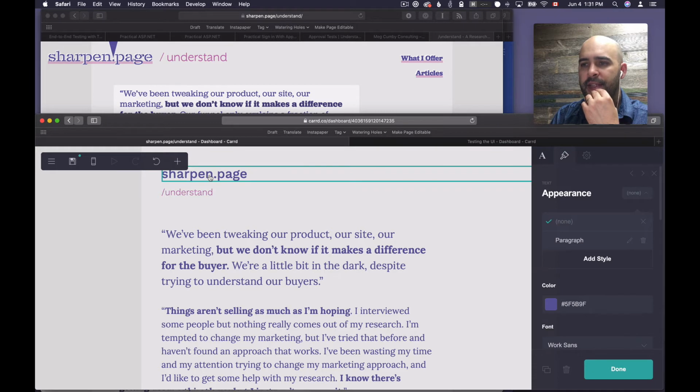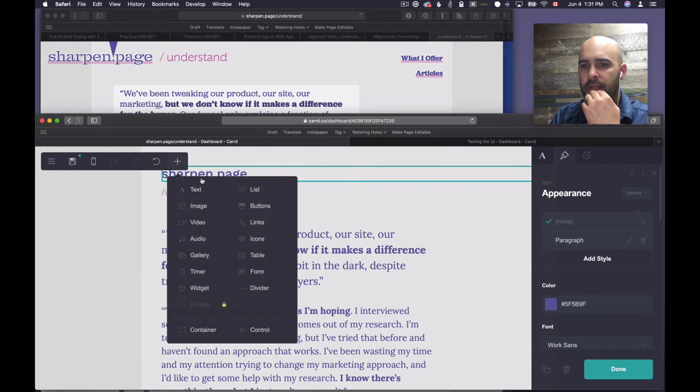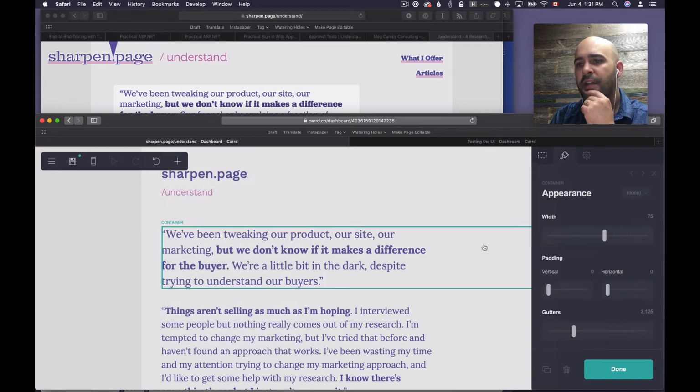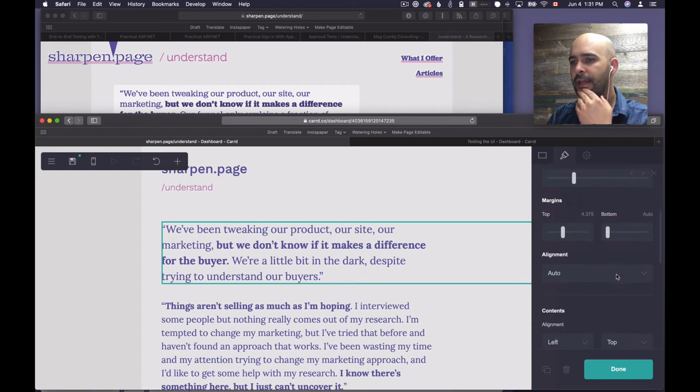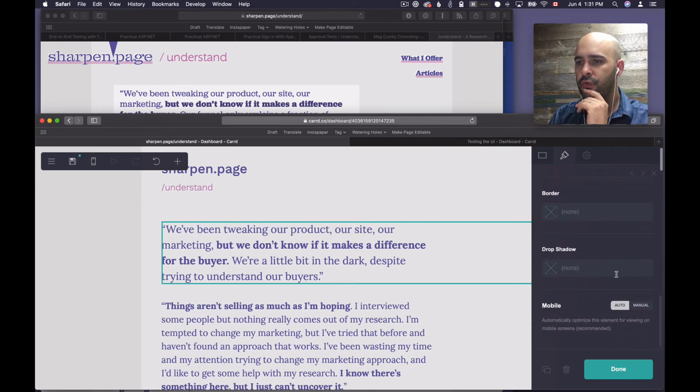you have elements like a text element that I use. I use list elements. And for headings, it's just another text element. And I use dividers, and I use containers. So the container is this part here. You will see it stretches the whole width, and it offers me the ability to have,